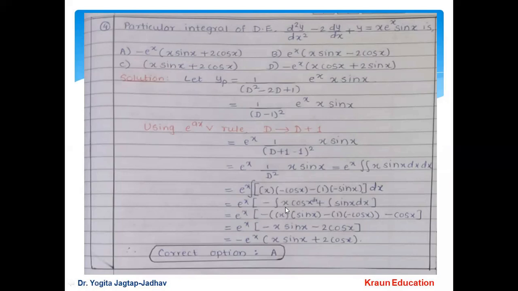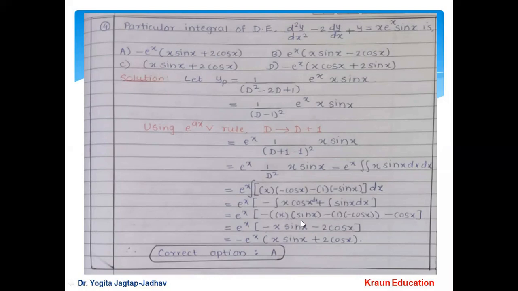Once again, use the generalized by-parts rule to find out the integration of the x into cos x term. Here again, you can see this minus sign kept as it is. First term as it is, integration of cos x is sine x, alternate plus minus. We have minus sign here. Derivative of x is 1. Integration of sine x is minus cos x. And as derivative of 1 is equal to 0, we have to stop here. Again, you know, integration of sine x is what? Minus of cos x. When I multiply this minus sign inside the bracket, here we get minus x sine x.